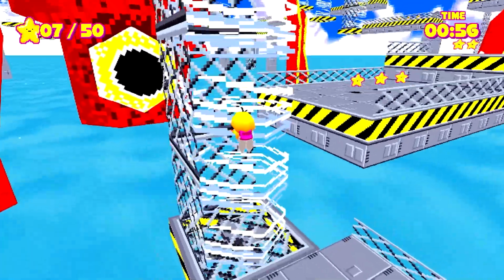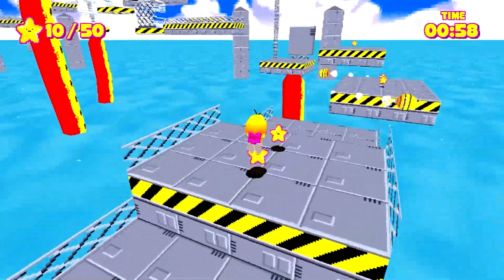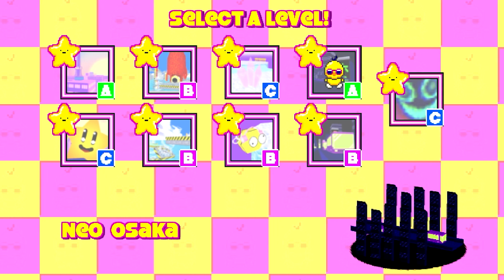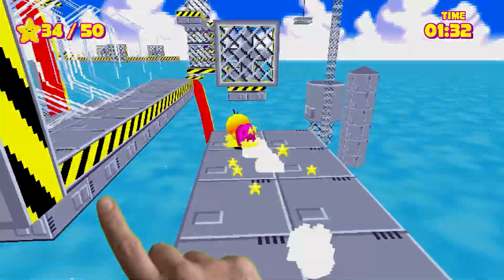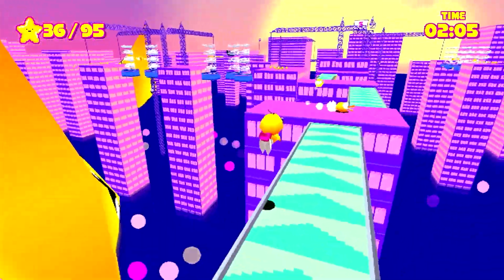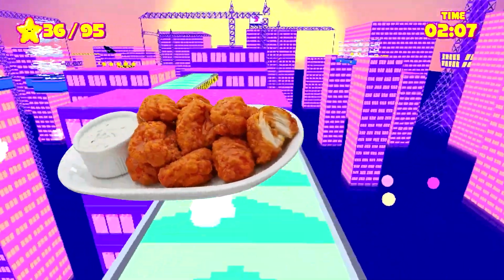Your goal is to use this robust arsenal of abilities to run and twice jump your way across 9 stages full of wacky enemies and obstacles. The game's biggest strength is that it just feels fun to play. Everything controls nice and tight, and the way Toree squashes and stretches like a bouncy boneless chicken is a delight